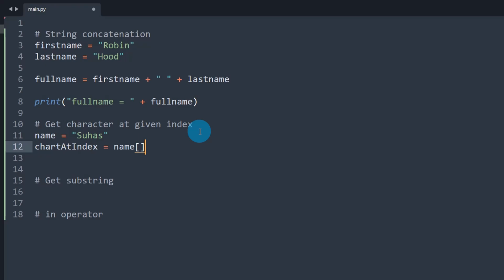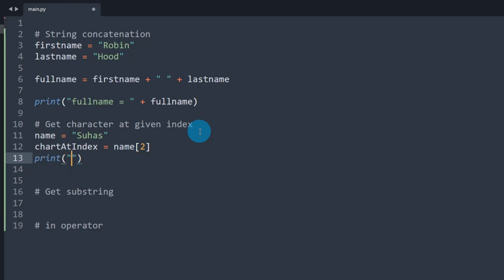Inside the array or list, you are going to get a character from index, let's say 2. Here I am writing 2. So the output should be H in our case, because we are starting from 0, not from 1. Please note that in any programming language, the index starts from 0 in an array or list. Correct?